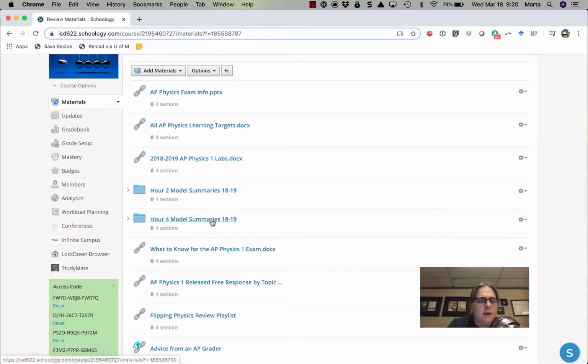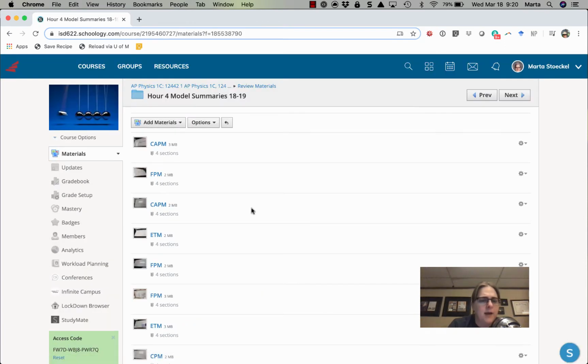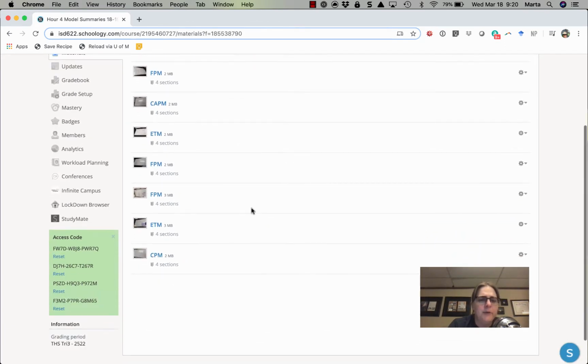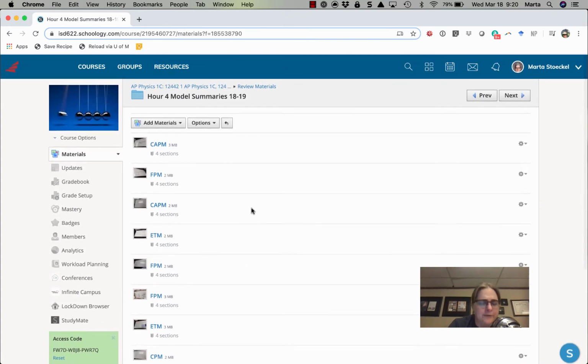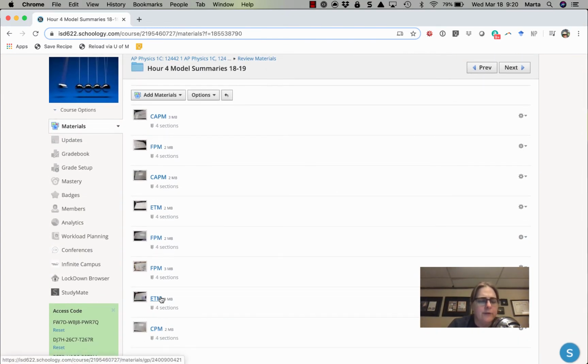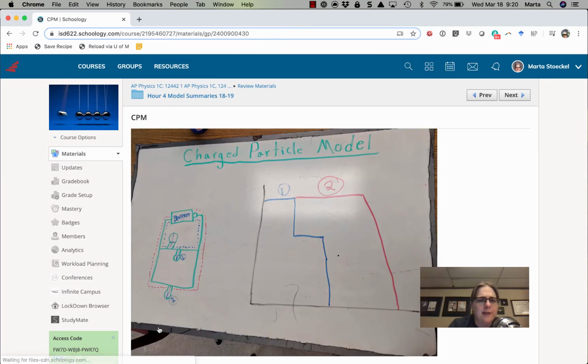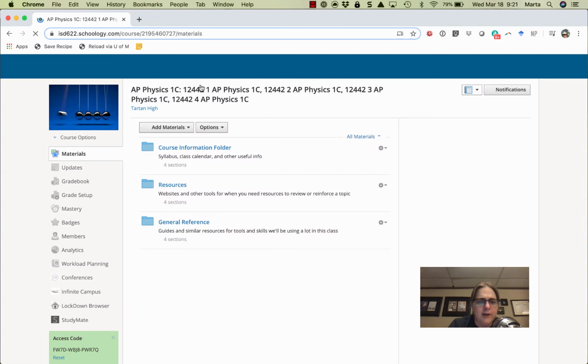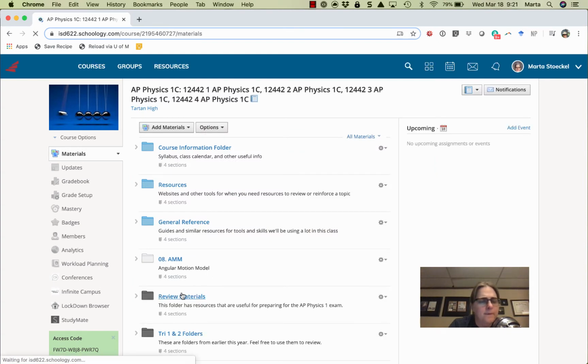And then something I usually do at the start of our AP review is model summaries, which we have done at the end of the term for final exam review. But last year we did get these for every major model for this year. So some things that you haven't had a chance to do in-person model summaries yet. And so I went ahead and I posted last year's model summaries so that you can use that as a resource as you're reviewing. There